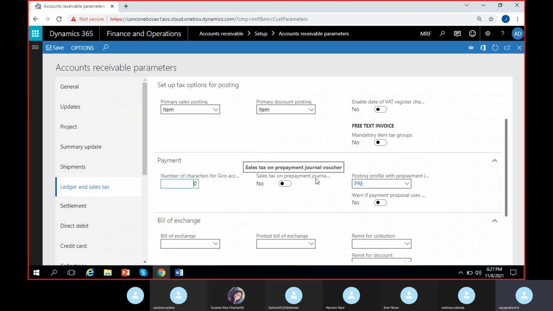Then we have sales tax and prepayment journals. In case you're collecting any prepayments or advance payment from the customers, are you also calculating sales tax on those prepayments? In some countries, it is mandatory that sales tax has to be calculated on advance payments. Suppose you are collecting any amount from the customer, you will collect certain sales tax on that particular advance